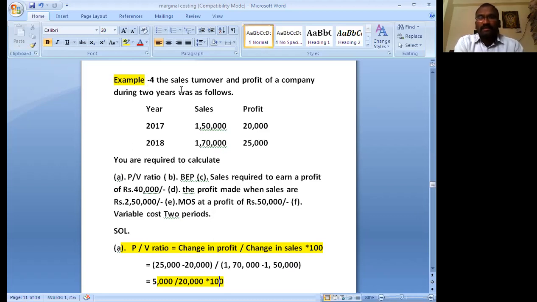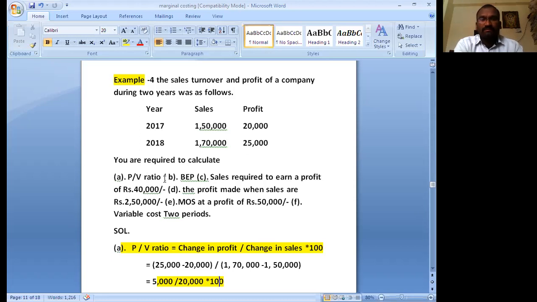Previously I explained the normal problems, general problems. Today I will explain 2 years related problems. So here sales is given, profit is given. Sales for 2017 is 1,50,000 and 2018 is 1,70,000. In the same way, profit is also given. You are required to calculate: